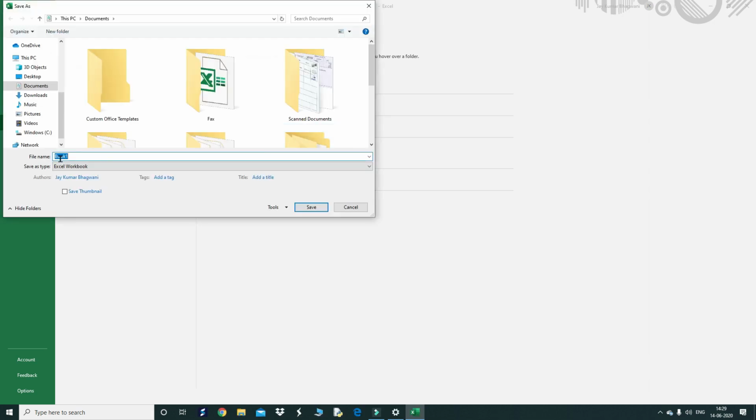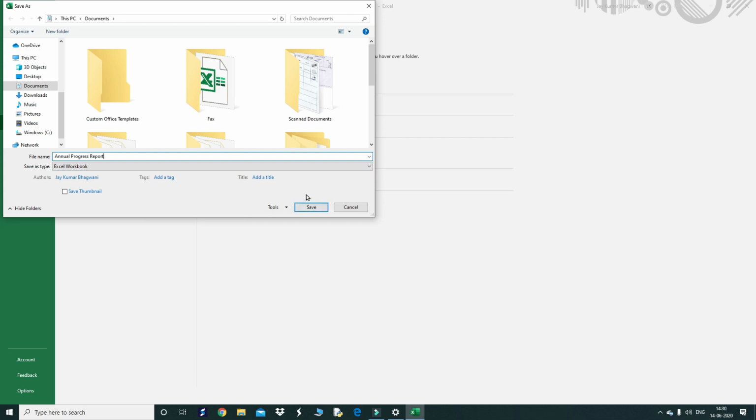Then we have to give the file name. So I am just giving the heading. This file name I am giving, annual progress report. And these Excel files are saved using the extension .xlsx. What extension? XLSX. You don't have to specify the extension here because the extension is provided automatically by the Excel software. I just want you to know that XLSX is the extension of Excel files. Just close it. Now just click on the save button. Here you have to click on the save button.